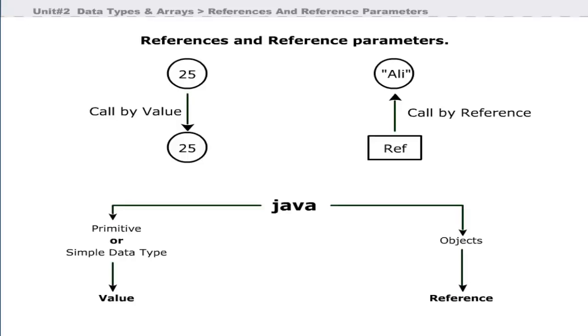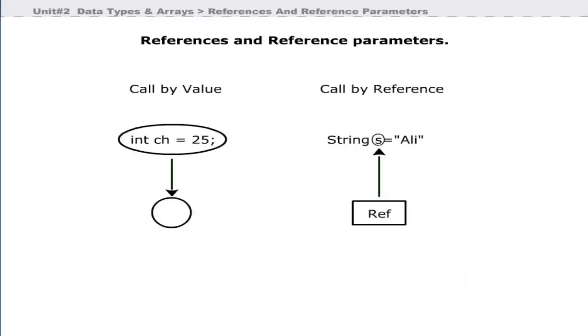It is important to understand the difference between both call by value and call by reference. Here is a comparison. In call by value, simple data type variables are passed by value. In call by reference, a reference to the object is passed. In call by value, a copy of the variable is made and sent to the called method. In call by reference, a reference to the object is sent to the called method instead of a new copy of